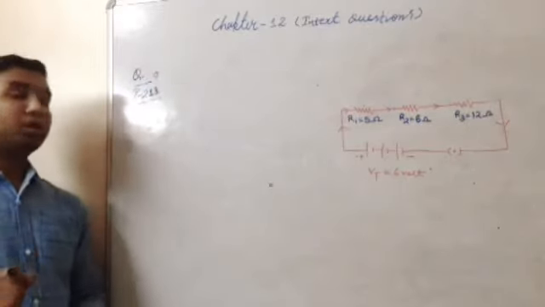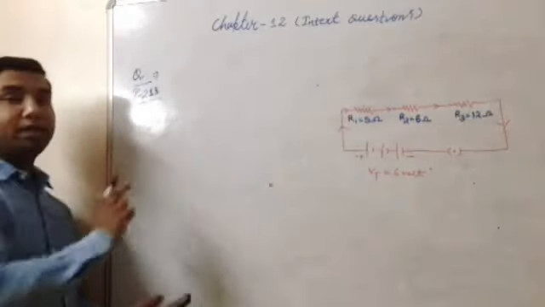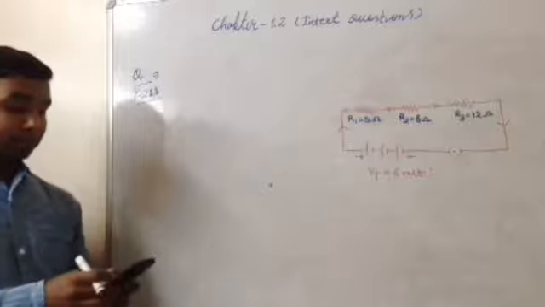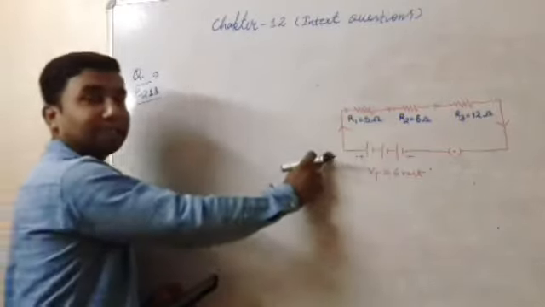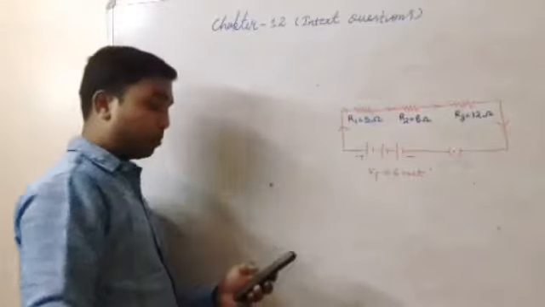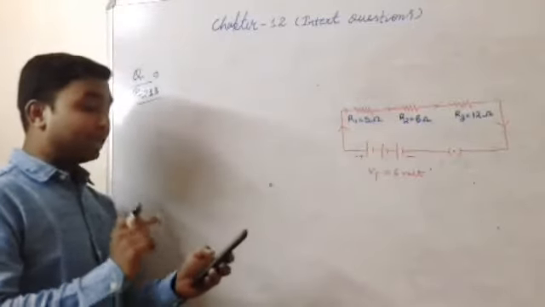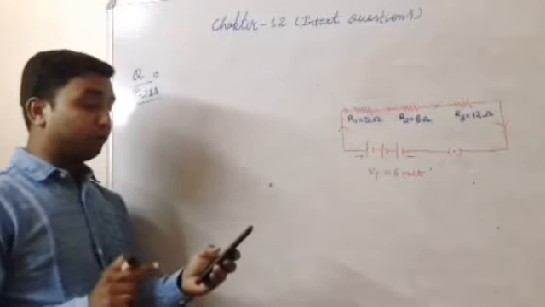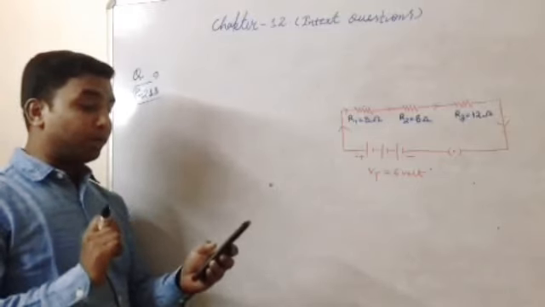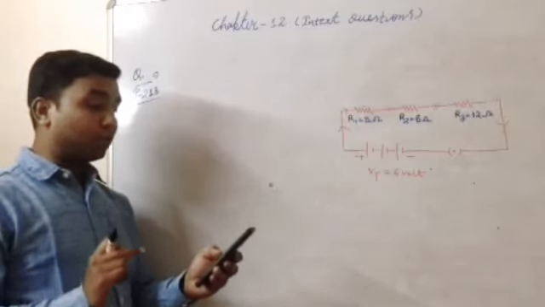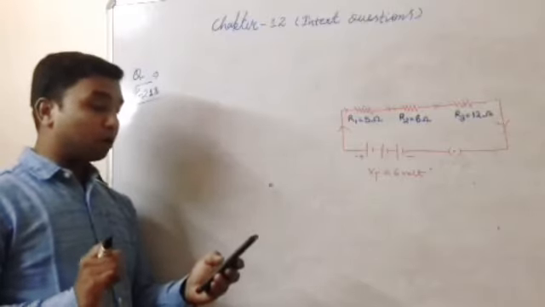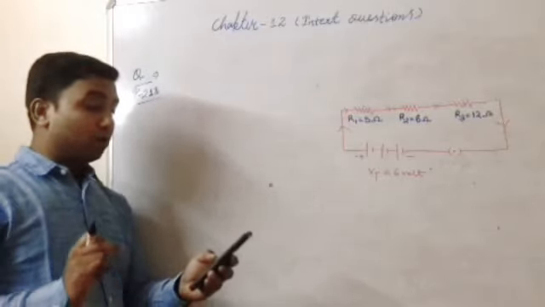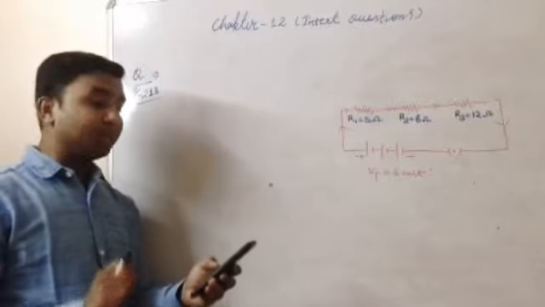Now in question number 2 given on page number 213, what is asked? Redraw the circuit of question 1. So this is the circuit that we have drawn in question number 1. They are asking to redraw the circuit of question 1, putting in an ammeter to measure the current through the resistors and a voltmeter to measure the potential difference across the 12 ohm resistor. What would be the reading of the ammeter and voltmeter?